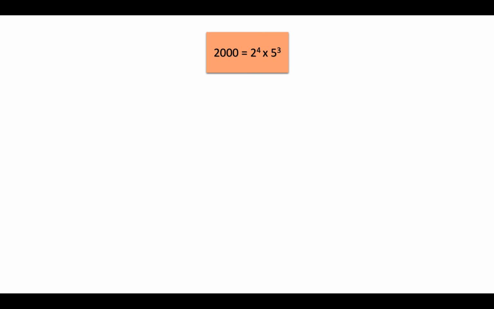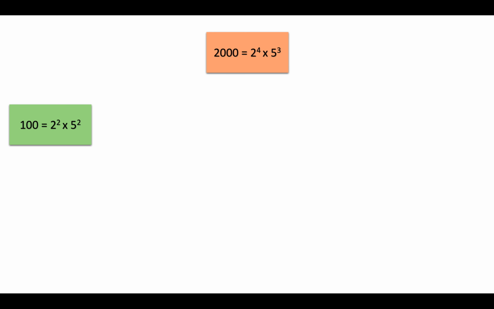So let's take an example of 2000. First and foremost thing that we are going to do in the factors concept, whenever we see a number, we are going to prime factorize it. Prime factorization means we are going to write it as a product of only prime numbers. Right. So here we have written it as 2 multiplied 4 times multiplied by 5 multiplied 3 times, or you can call it 2 raised to power 4 multiplied by 5 raised to power 3. Right. So let's start by looking at some factors of 2000.